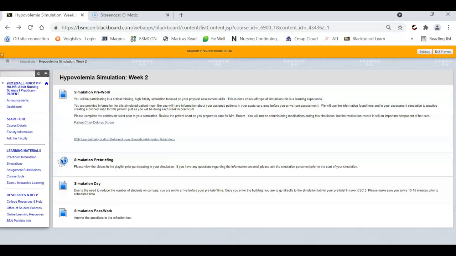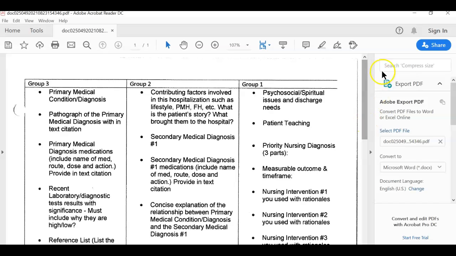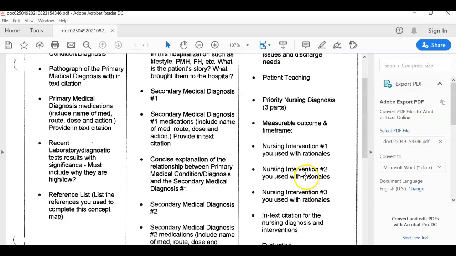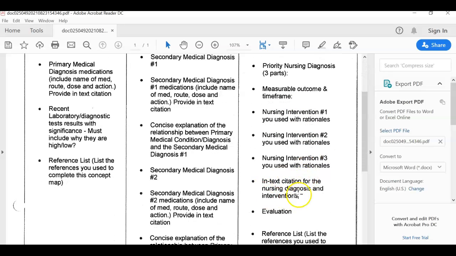So each group, you will be grouped into 3 groups. Each group will have an assignment for the concept map. Group 1, I apologize, these are in backward order, and there's a reason for that. That is unimportant right now. So Group 1 will work on the psychosocial and spiritual issues and discharge needs, as well as patient teaching, priority nursing diagnosis with a measurable outcome and time frame, your nursing interventions, that needs to have the in-text citation and